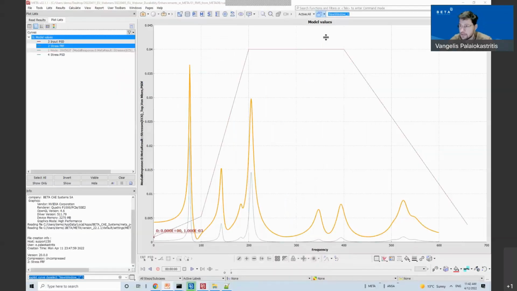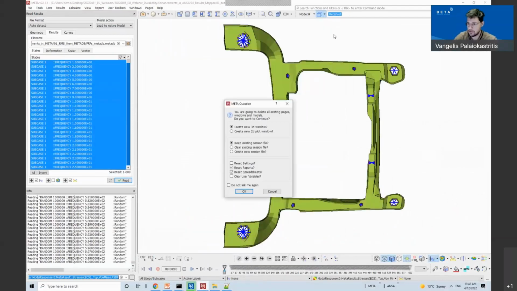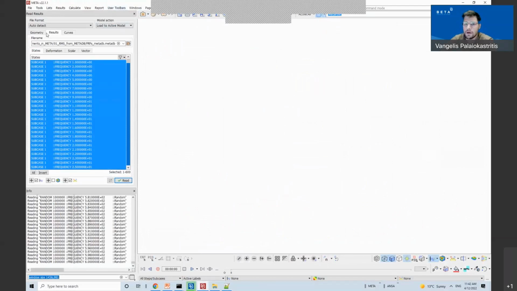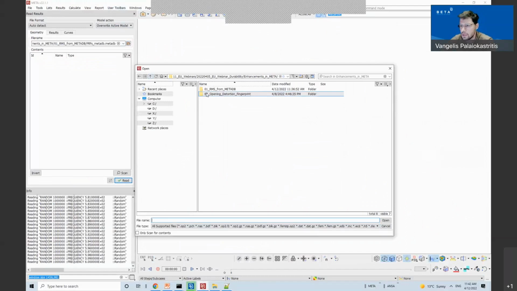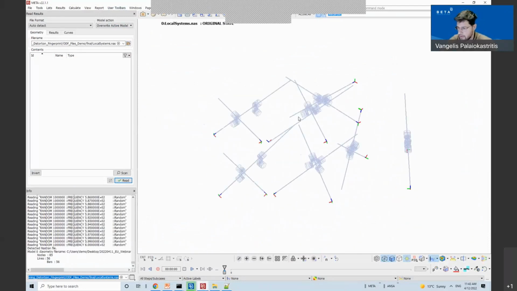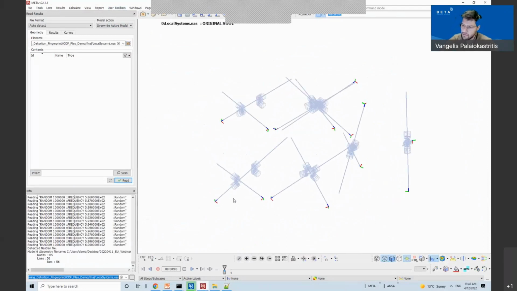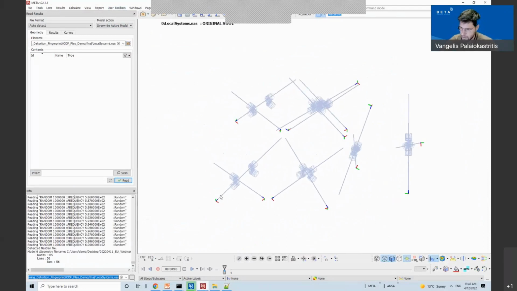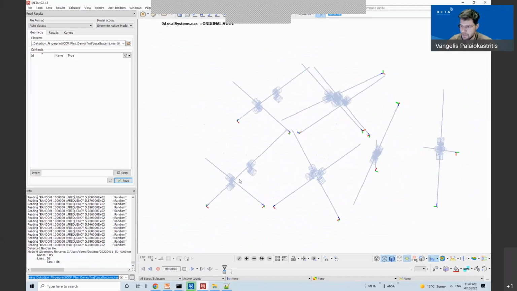Let's see an example in ANSA. I will open a model. This model contains the diagonal definitions, and for demo purposes, the diagonals are represented by those beams and CBUSH elements.